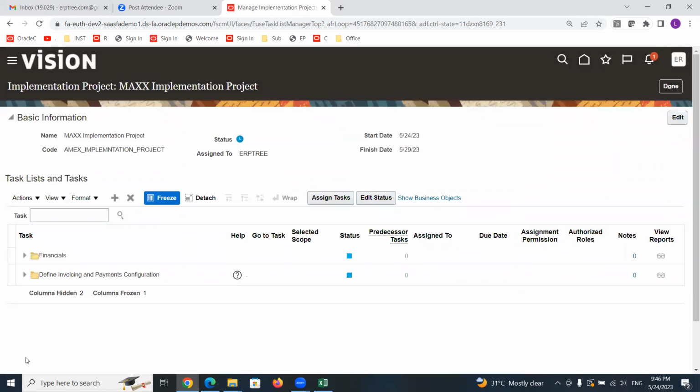What is the difference between task list and task? Task list contains multiple tasks, like batch and individual. But when we were adding, there was a drop down saying task list and another drop down, it was task. Yes, we can add a task also. We are going to see that next.